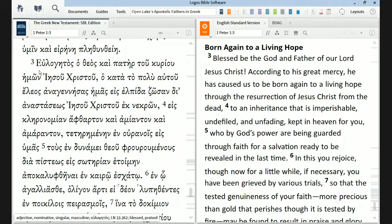Fairly familiar by now. Eulogetos ho theos kai pater tou kyriou hemon Jesu Christou. So blessed be, or may be, the God and Father of our Lord Jesus Christ. Ho kata to poly autou eleos anagennesas. So ho